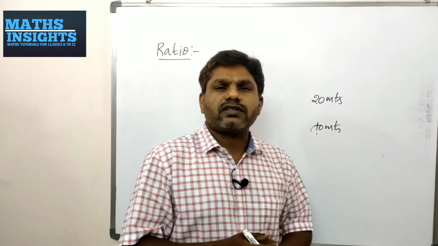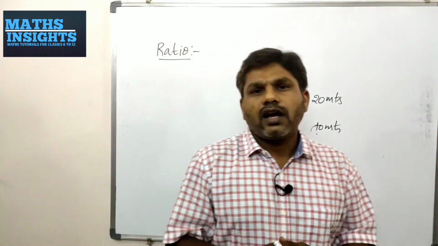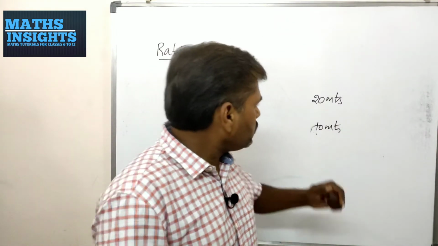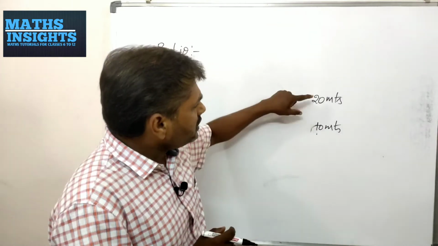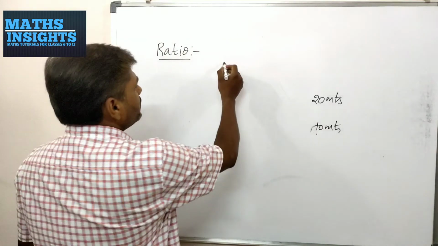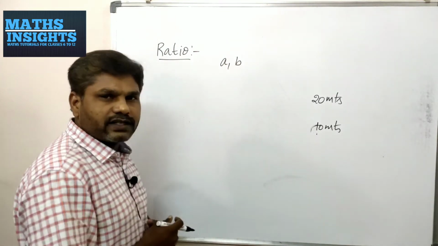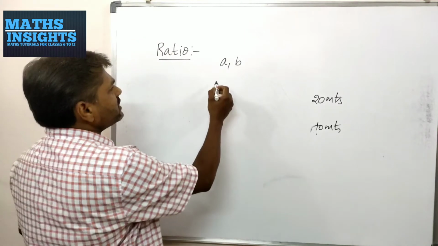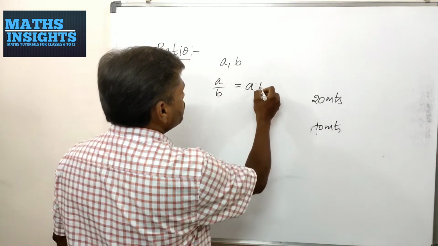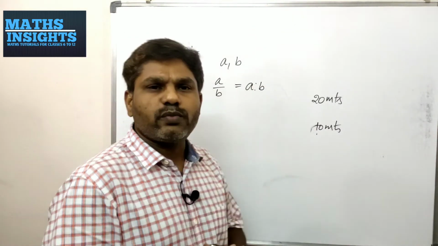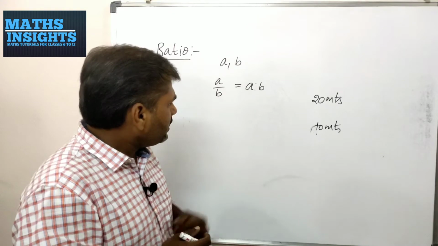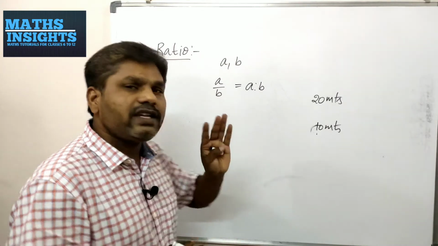In other words, ratio may be said to be how many times a quantity is contained in the other. Now I want to find the ratio between these two quantities. So ratio is nothing but comparison. If you take any physical quantities A and B, then their ratio is written as A by B. Otherwise, you may write it as A is to B, or read it as A upon B. In this way, you may write the ratio of any two quantities.